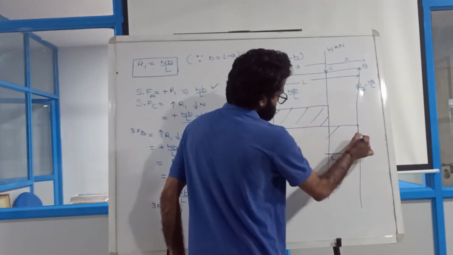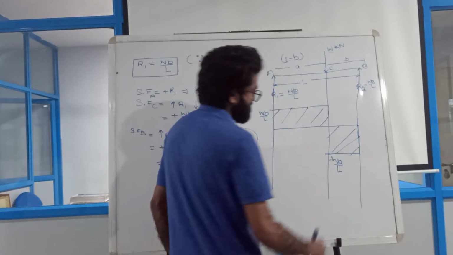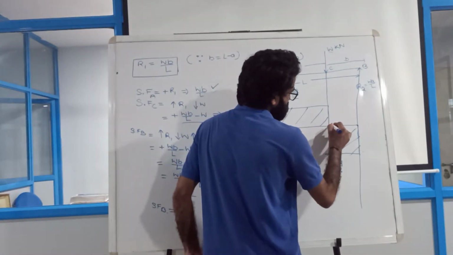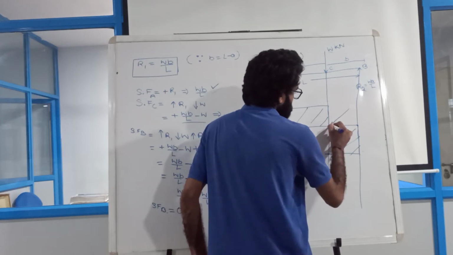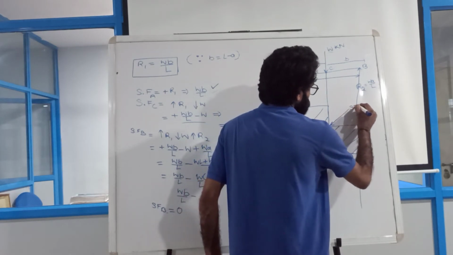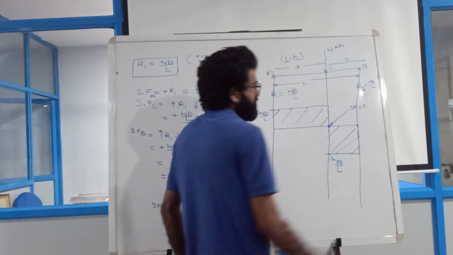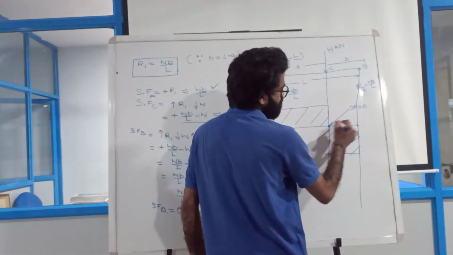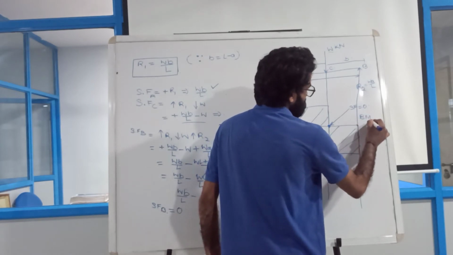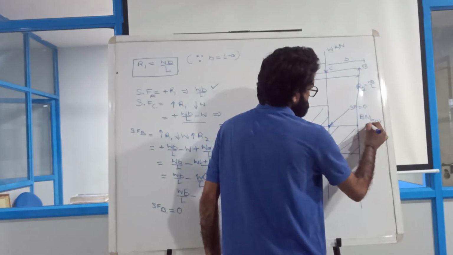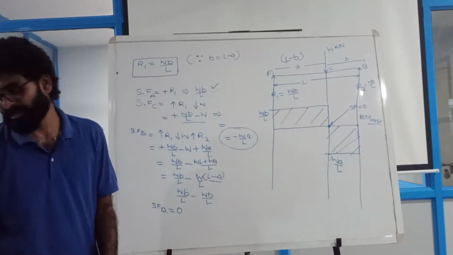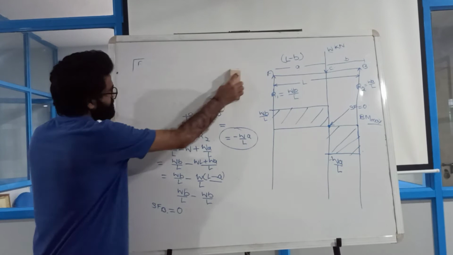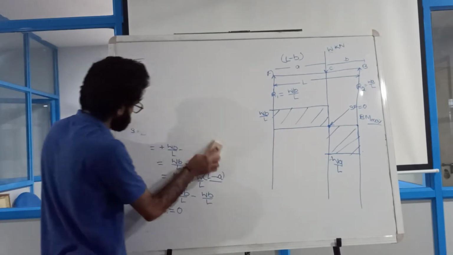Now the important thing in this diagram is where the shear force is 0. So at this point my shear force value is equal to 0. If shear force at this point is 0, it means at this point the bending moment is maximum. So at my C point the bending moment is maximum. Now let us calculate the bending moment value fast. So let us calculate.